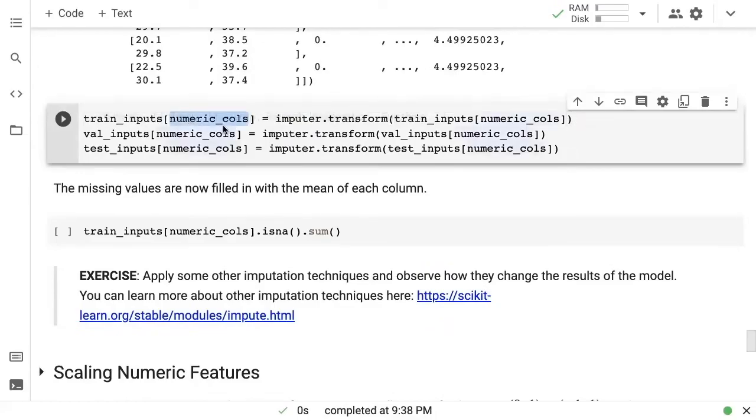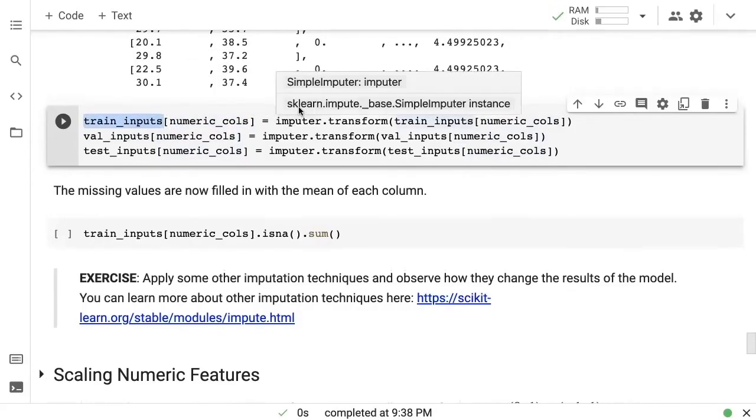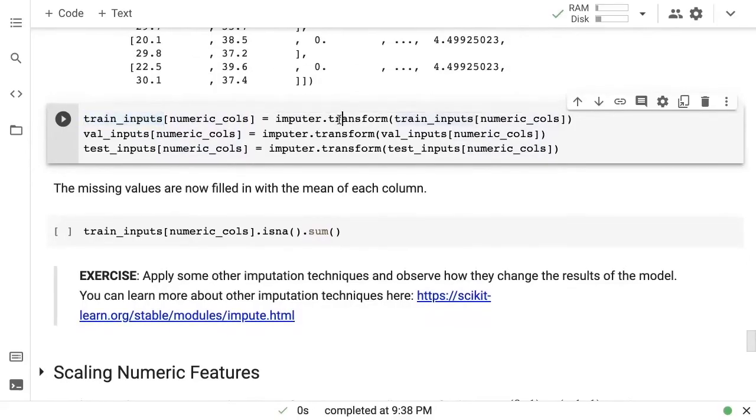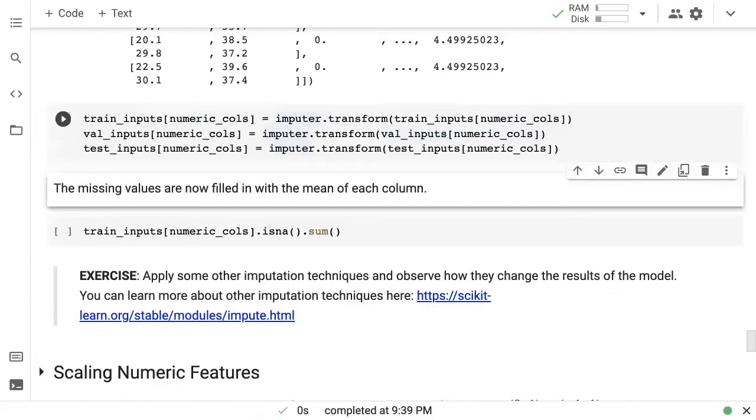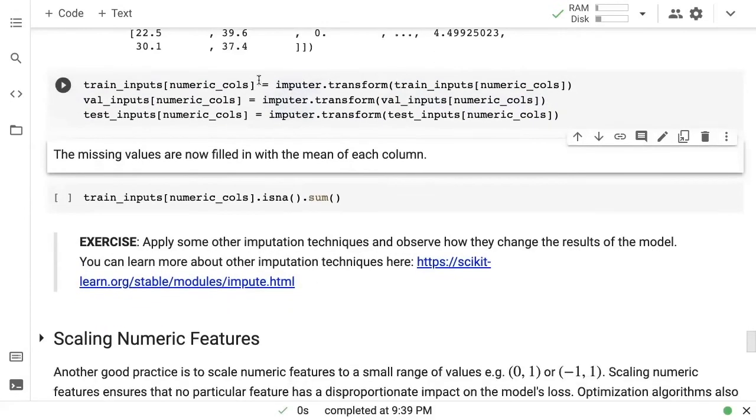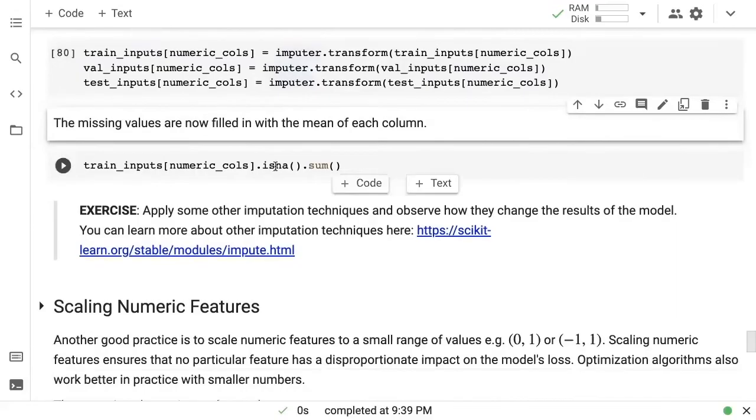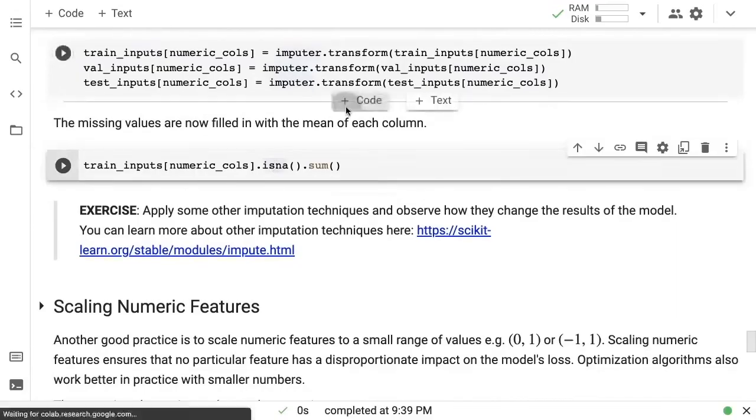So we are overwriting the numeric columns in the original train inputs data frame with the imputed data, which means with the NaNs replaced with the averages. Okay, and we're doing that for validation data. We are transforming the val inputs numeric cols and overwriting that into val inputs numeric cols, and so on. Okay, so all of this business, imputer.transform and then storing the data back, is simply to get